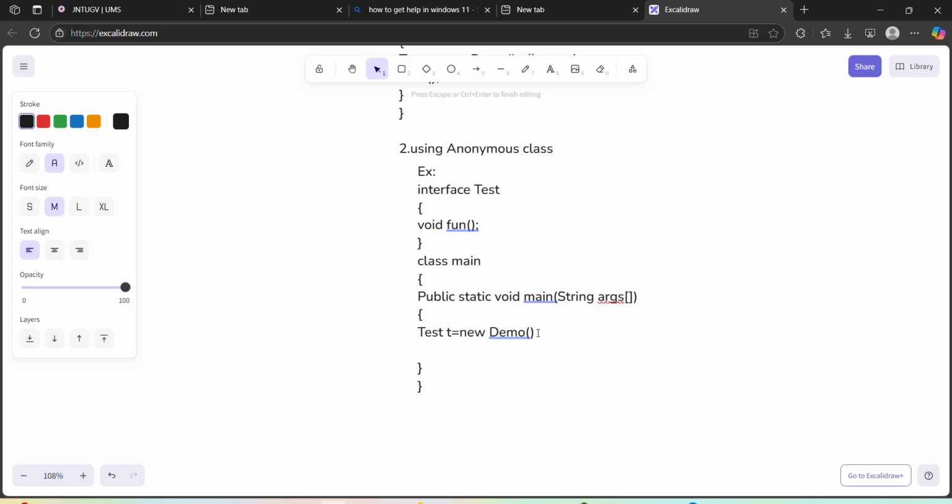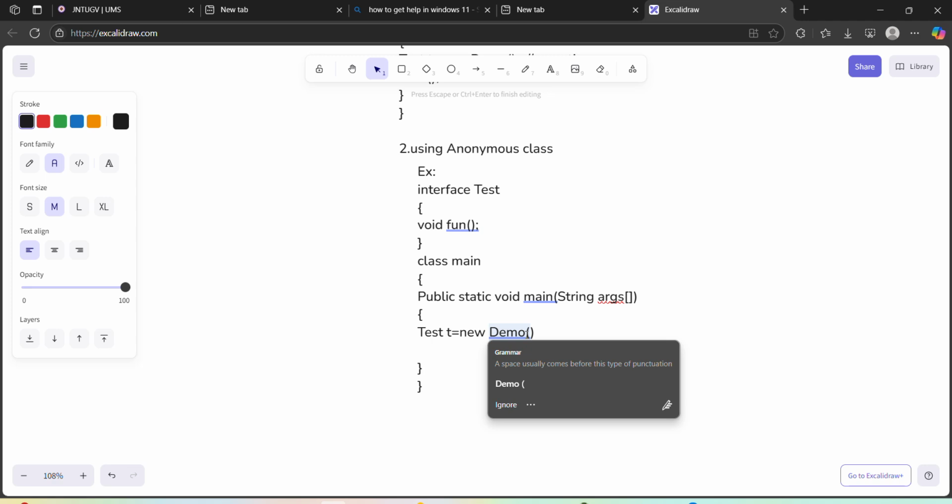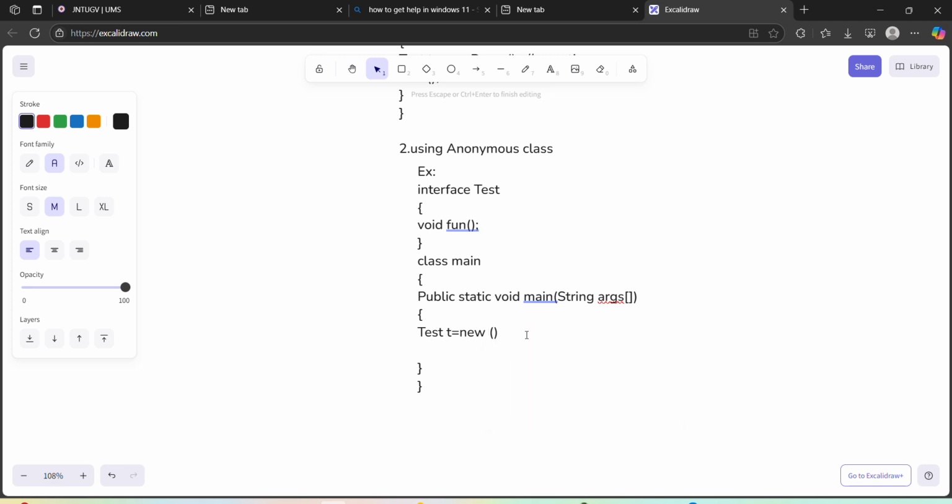So we are taking the main method. Inside the main method, public static void main as usual for printing purpose, and we are declaring an object that is new demo. Okay, new demo is not there, right? That's why I'm taking this. After that, we have taken the function. That's why I have taken function, and then